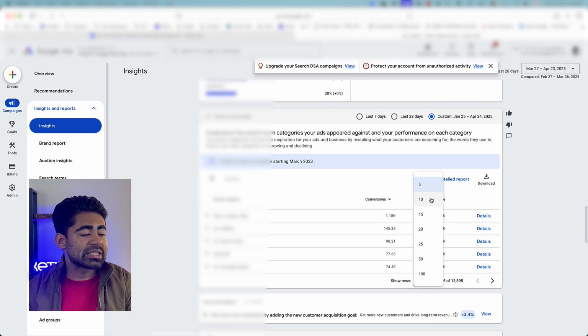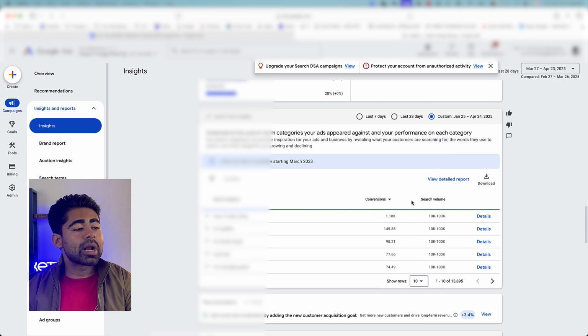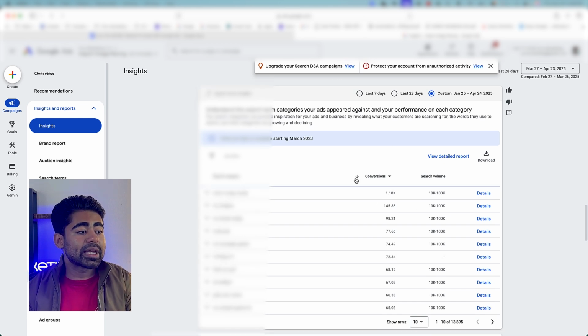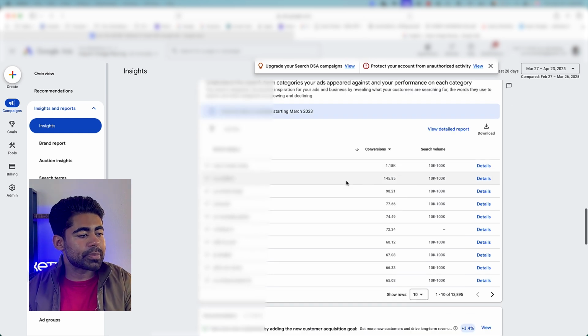Now that we have changed this to the last 90 days, we get shown so many different keywords, so much information, that now we can actually make our ads much stronger and have a higher quality score based on the real data. So once I've changed it to the last 90 days, I'm looking at, number one, which of these keyword groups, ad groups right here, have a total search volume between 10,000 and 100,000 or more, and number two, which have the highest number of conversions, of course excluding the branded search ones,